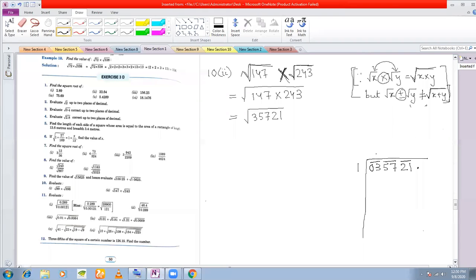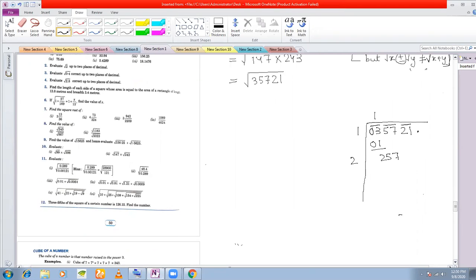Okay. So 1 into 1 will give you a 1. Remainder 2. Bring down 5, 7. Double this 1, together 2. And now we have to introduce a digit here. So what digit should I introduce? 25 into 25 is 125. 26 into 26 is, or better, approximate. Any digit that you introduce here will be very close to 20. And 257 is very close to 260. So now 260 divided by 20.